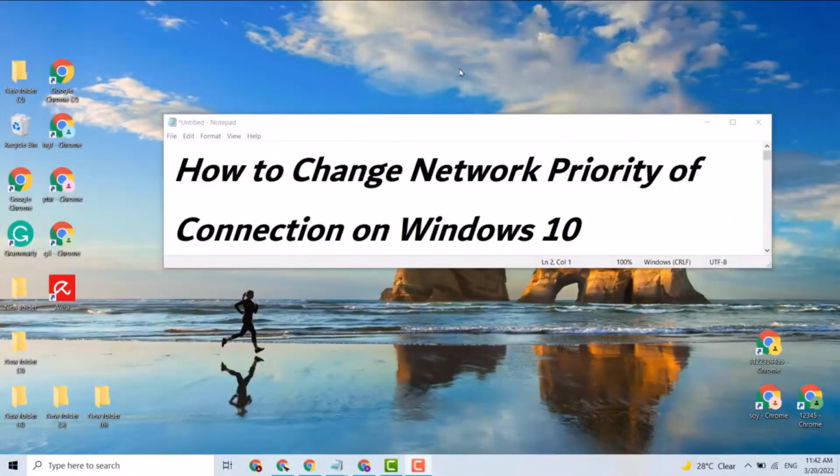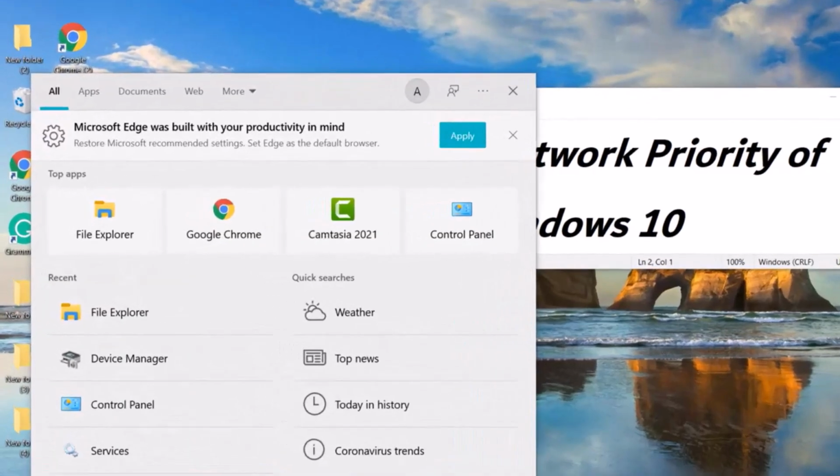Hello guys, today in this video I'm going to show you how to change network property of connection on Windows 10 PC or laptop. So guys, if you want to change network property of connection on Windows 10 PC or laptop, so very easy. First simply go to start, type here control panel,